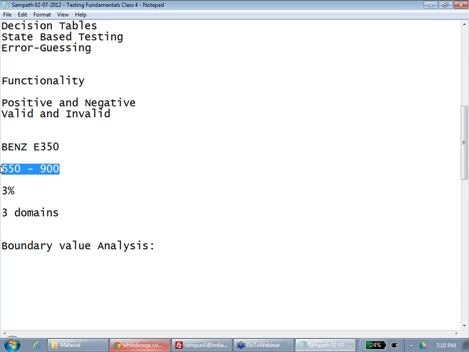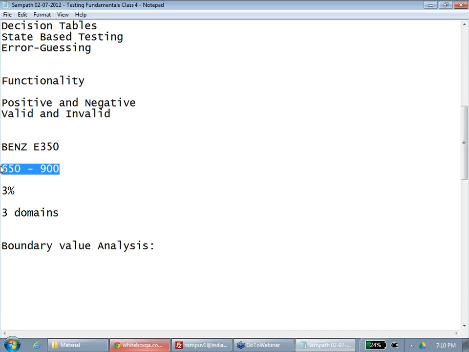So you have to test for 649, 650, 651, 899, 900 and 901. Because you should not allow 901. Agree? You should not allow 649. Equivalence partitioning takes one from the domain, but that does not mean we take 650.